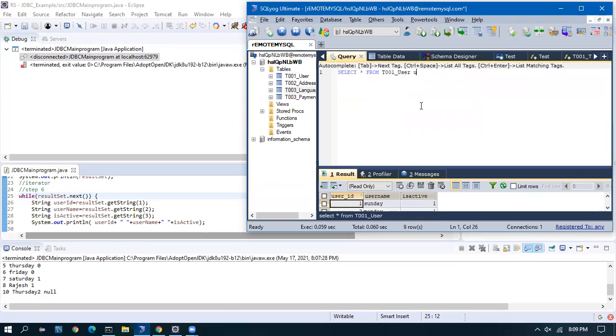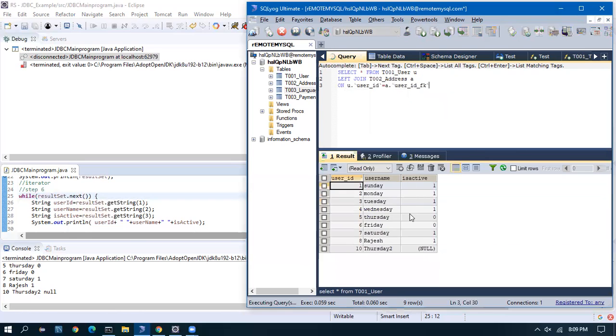So select star from user U left join T002 address A on U.userID equal to A.userID. Here we get an empty row for a username. Not this one, the data itself is empty. Let the query finish.